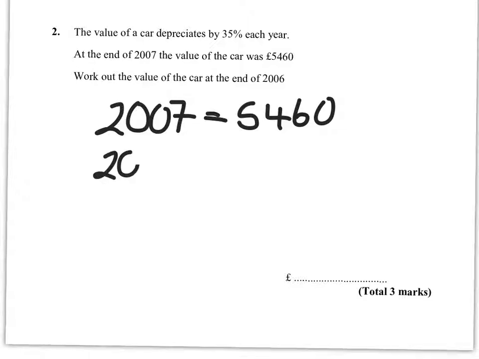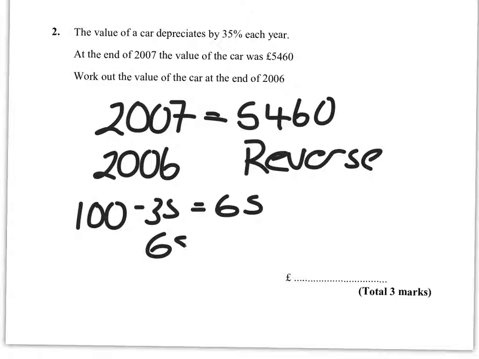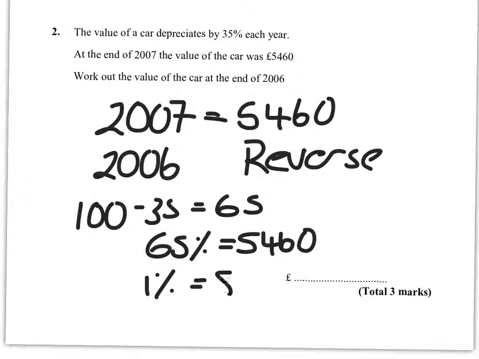In this question, at the end of 2007, the car was worth 5,460. We want to know what it was worth in 2006. That's the year before, so that is reverse percentages. If the car depreciates by 35%, then that's 100% minus 35, which is 65. So 65% would have been 5,460. 1% would be 8.4, that's dividing by 65, and then 100% is by multiplying by 100, which gives us that the car was worth £8,400